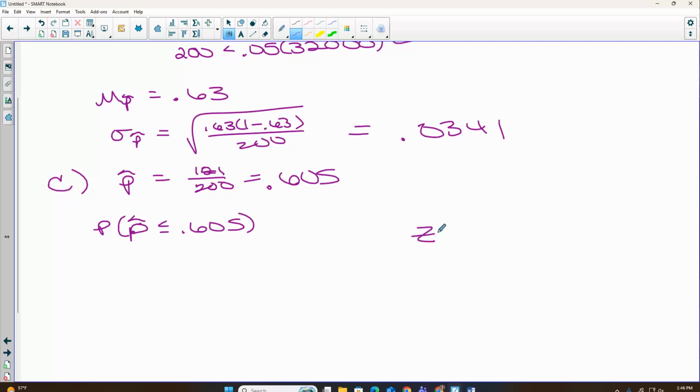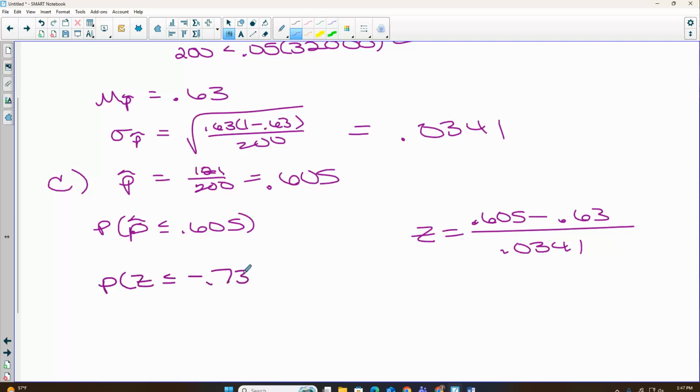So z is our value minus the mean divided by standard deviation. That gives me a z of negative 0.73. Less than is just from the table, so I look up negative 0.73, and we get,